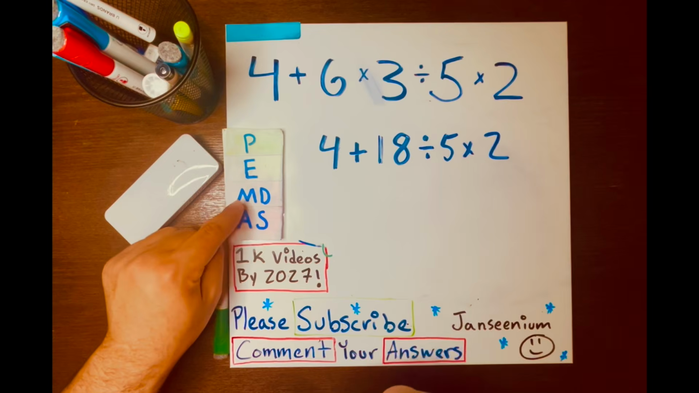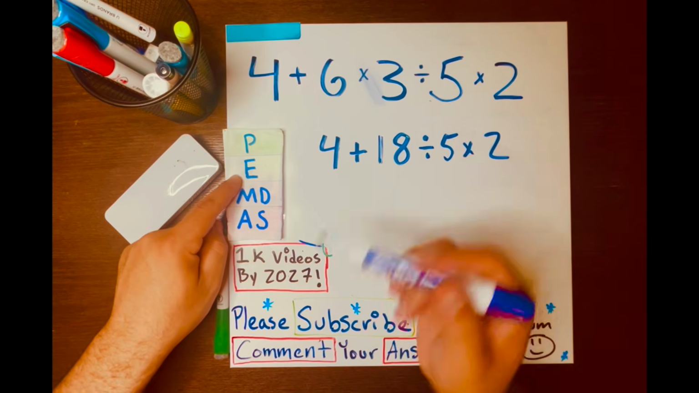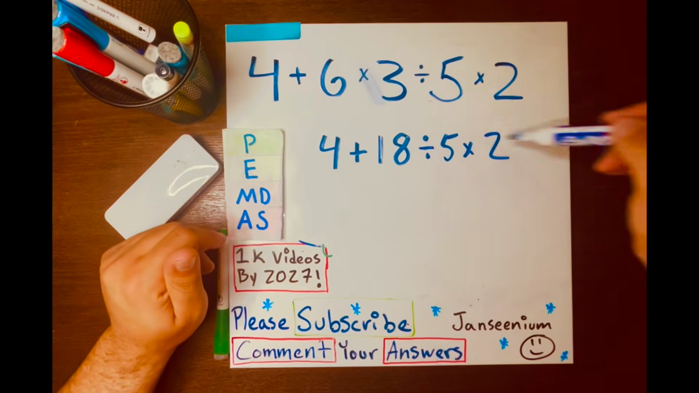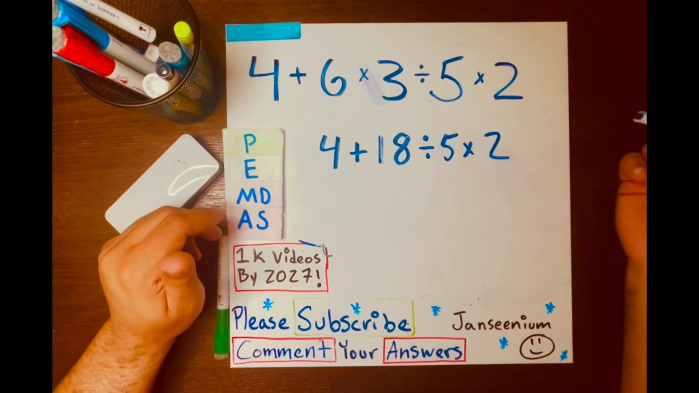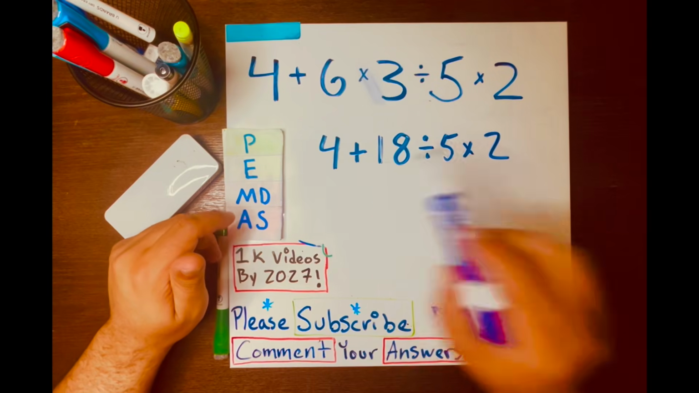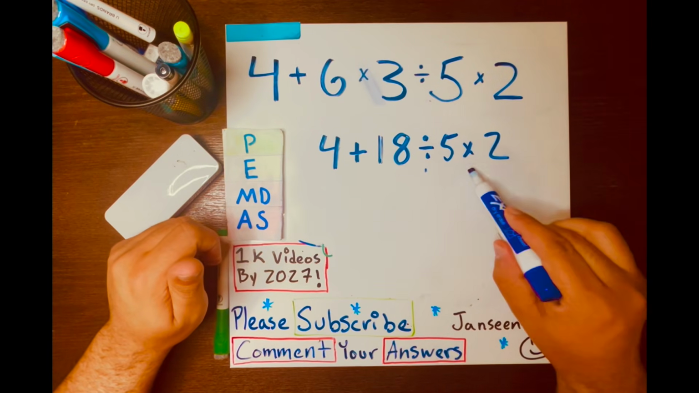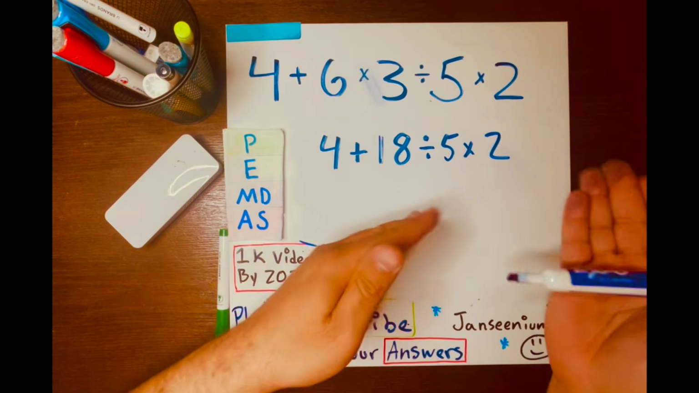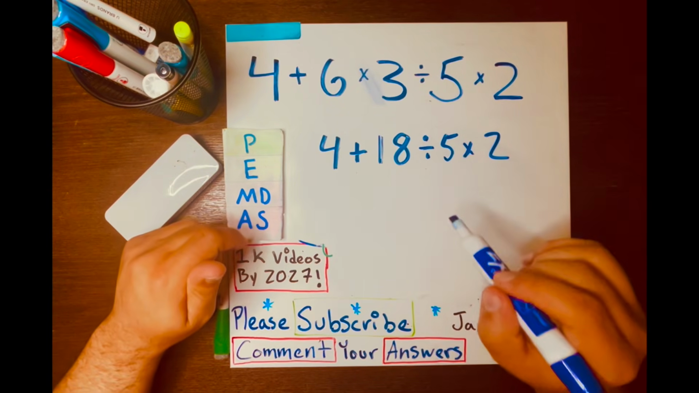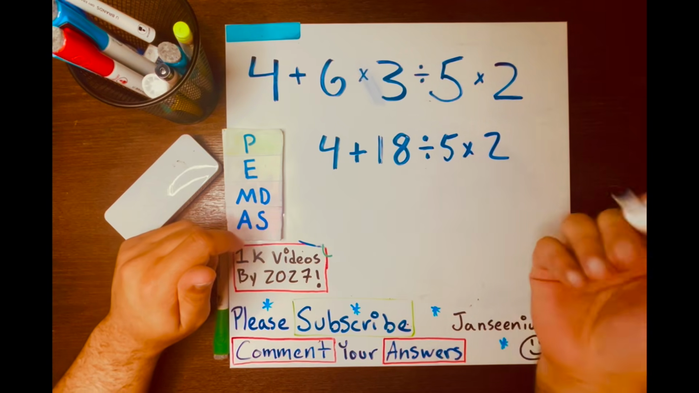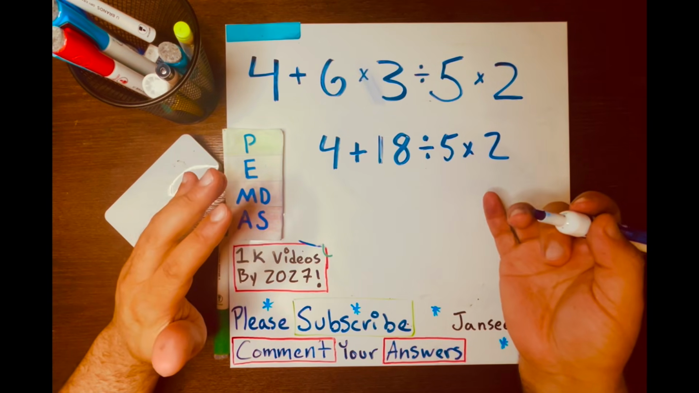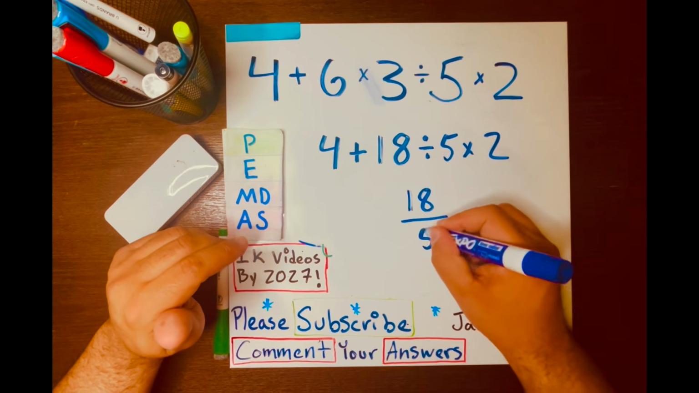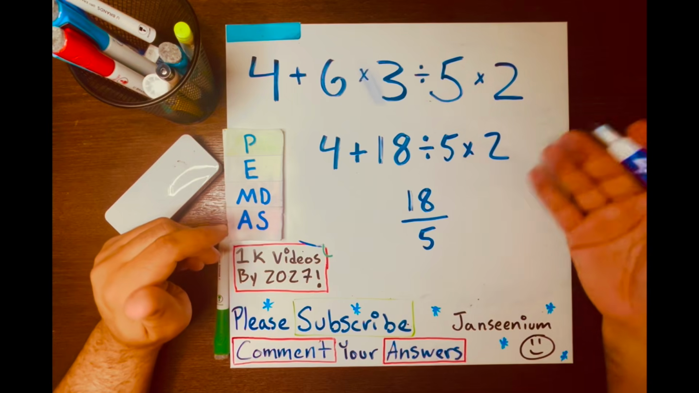Multiplication and division. And E stands for exponents and P stands for parentheses. But we don't have exponents or parentheses in this math problem. We just have addition, division, and multiplication. And you solve the math problem from left to right within each level. So division goes first. So what is 18 divided by 5? I don't know. So I'll write it in a fraction form, 18 over 5, to make the math fun and